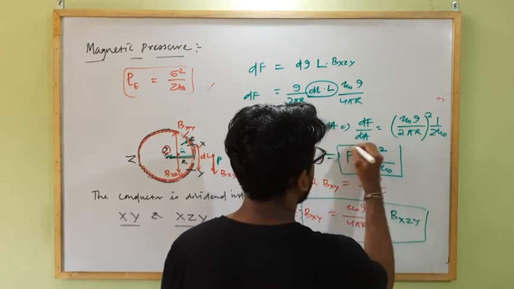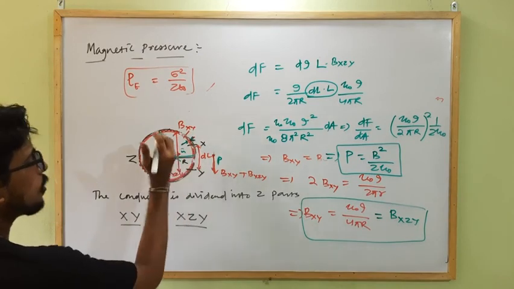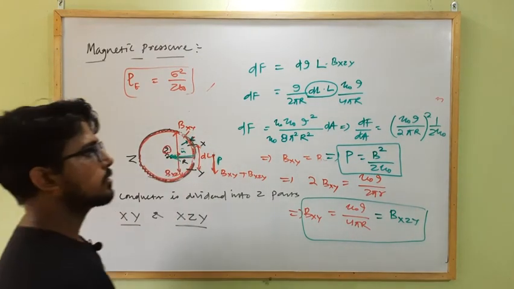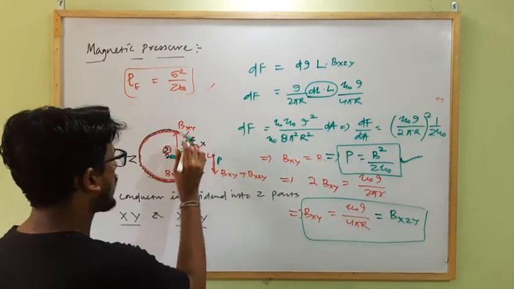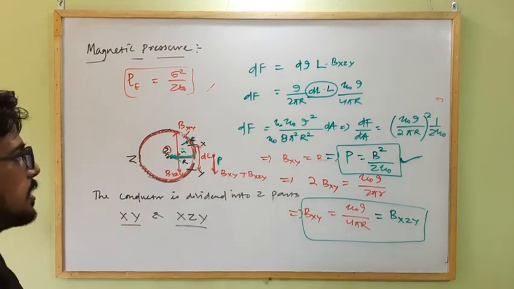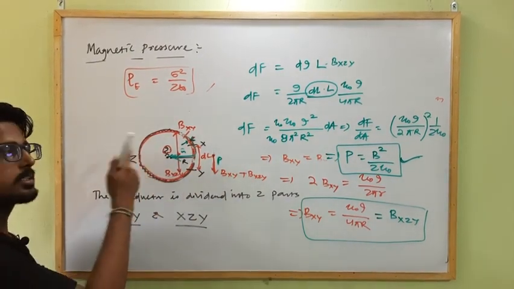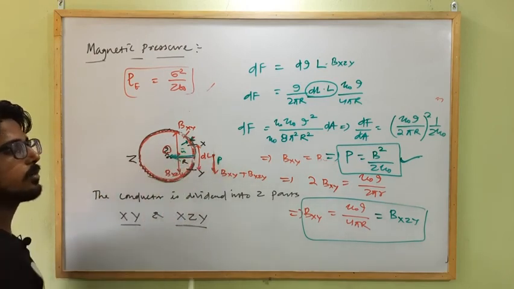So this is the magnetic force at this point which is acting inward. It always tries to compress the surface. Okay, so you have to remember this relation. This is the magnetic force which is always acting inward and tries to compress the surface. And from this we can calculate the magnetic energy. As in the case of electrostatics, the electric energy density is half epsilon naught E square. So from this we will calculate the magnetic energy.